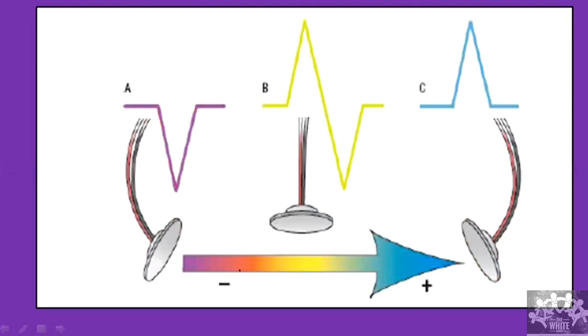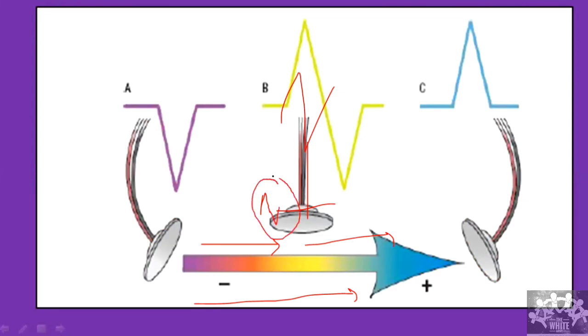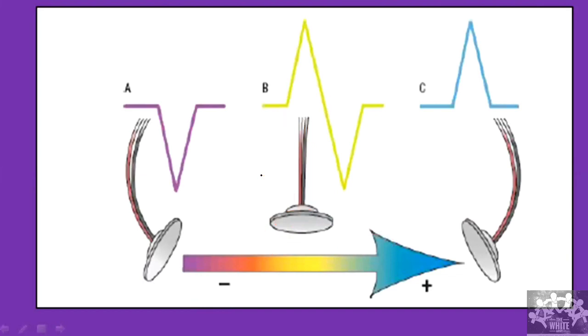Okay. Remember that whenever the lead is placed perpendicular to the movement of the vector, it creates a biphasic wave. So initially it will be positive and then it will be negative. The reason being, as it comes towards here, it creates a positive wave. And then from here, it is going to leave the electrode. So that time it creates a negative wave. So that's why it creates a biphasic wave here. Okay. So this is an important concept to remember. Okay. So we'll go to the next part.